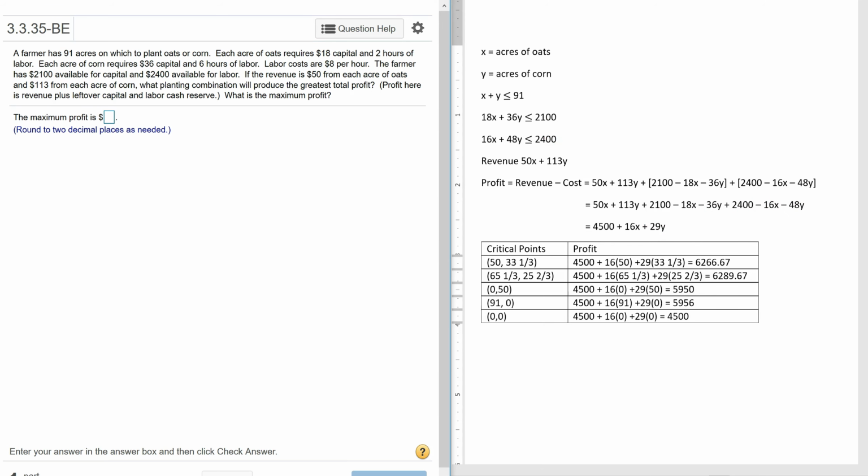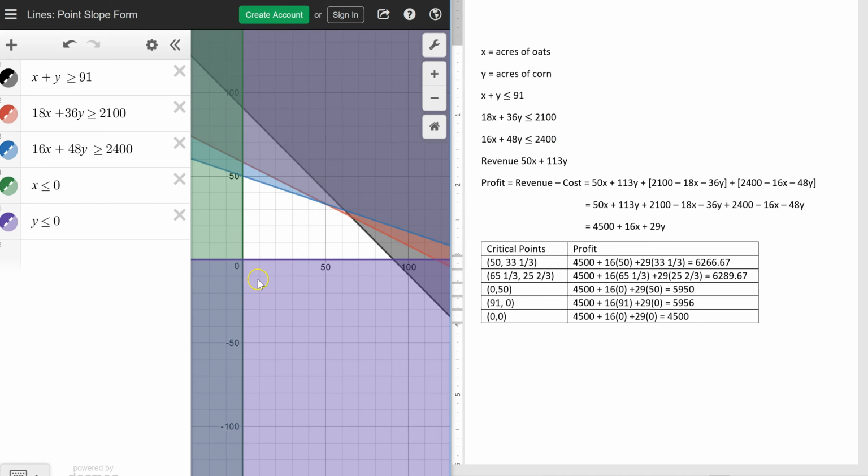Next, I type all my inequalities into a graphing calculator of some sort, and I use Desmos. Like most graphing calculators, I like to use the reverse inequalities and also the restriction that x must be a positive value and y must be a positive value. So we can see the feasible region is this white section. And all of the critical values of that feasible region are the ordered pair 0, 0, 0, 50,